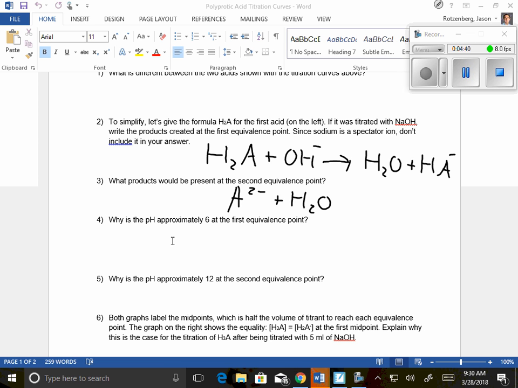Number 5, if you look on that graph on the left-hand side, the second equivalency point is at a pH of 12. This one's a little bit trickier. Why is it at a pH of 12? I think the first question, number 4, was a little bit easier. Hey, there's HA present. That HA minus is still an acid. That's why it's below 7. This pH is above 7 by a fair amount. Andrew? Well, because the A2 minus doesn't have any